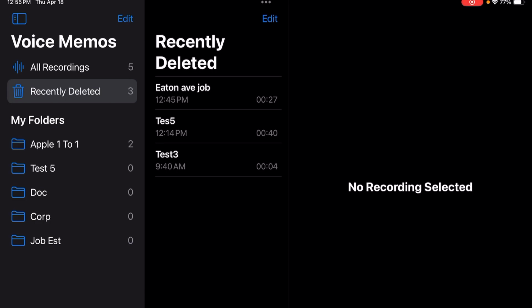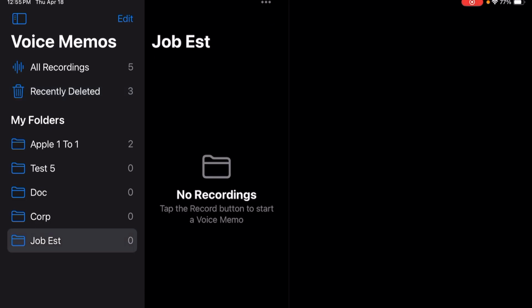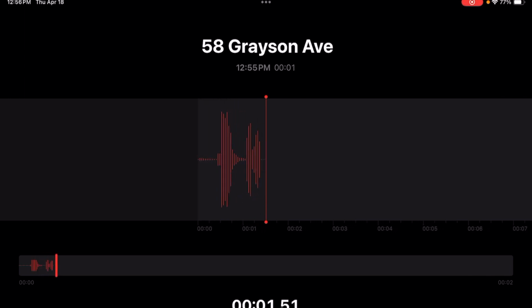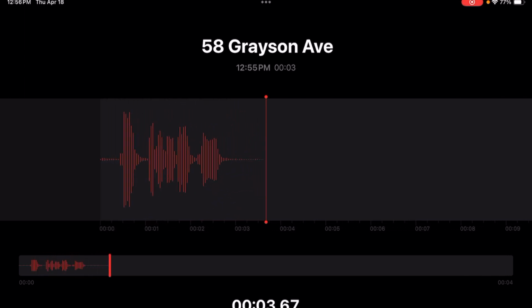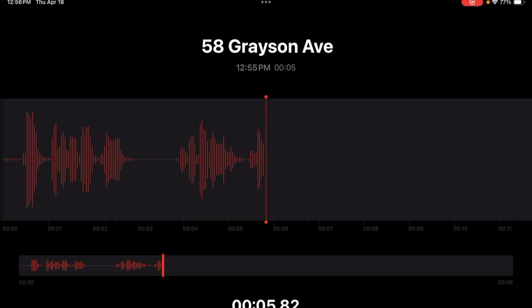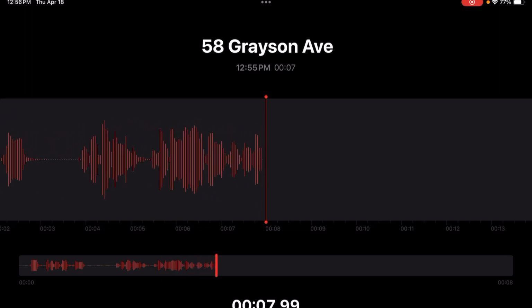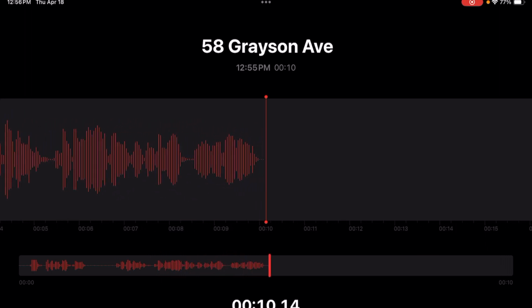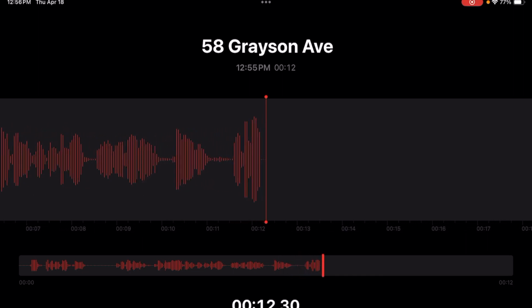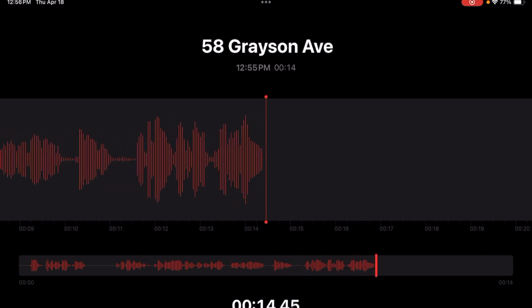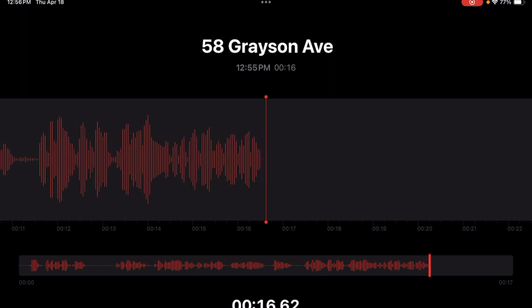You can just tap on a folder, and when you want to start a recording, you just hit that red button. So it will default to a default name, which is based on where your iPad is. So it's going to give you an address or whatever. It's going to give you a name. You can then talk about whatever you're doing on this particular job, since we opened it in the job estimate